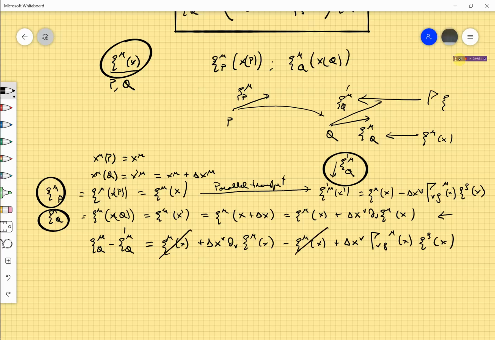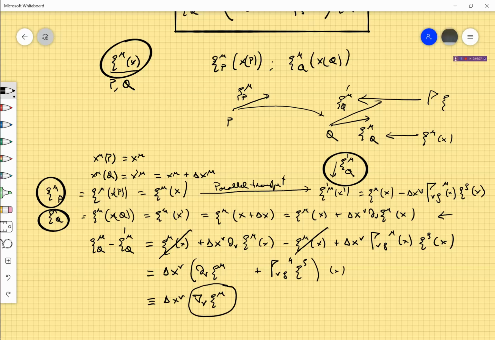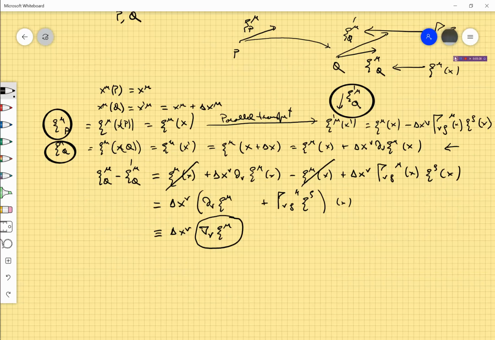These two terms cancel, and what we get is proportional, as we might have expected, to delta x nu. Everything evaluated at x, so I'm not going to write the argument. And this, by definition, is delta x nu nabla nu psi mu. This defines the covariant derivative